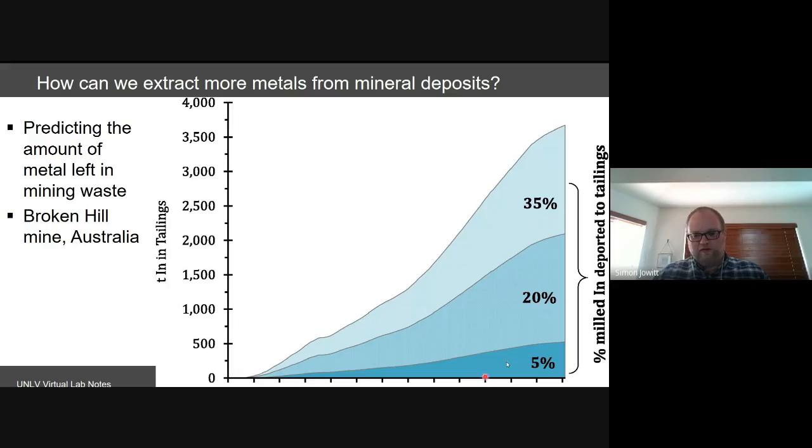There is demand now. So what we can do is say, well, how much of this metal is likely to be in the tailings that are just sitting there on site? And if you actually look at the lowest amount, it might be 500 tons of indium. The highest amount might be 3,500 tons. I think we produce about 300 tons of indium a year, so there's about 2 years of global indium production minimum